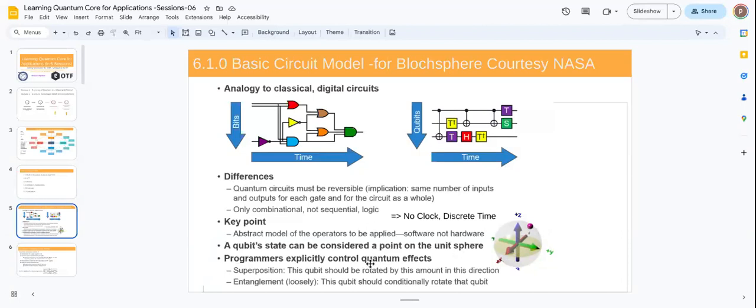So programmatically, you can control the quantum effects through superposition, and that is usually for parallel computing. And then entanglement, loosely we can call it when the qubit is rotated with some condition, then it gets entangled. So that's the picture of entanglement in simple terms. There is a pure state, there is a mixed state. Pure state means either it is in 0 or 1. But if it is in 0 and 1, and if you have more